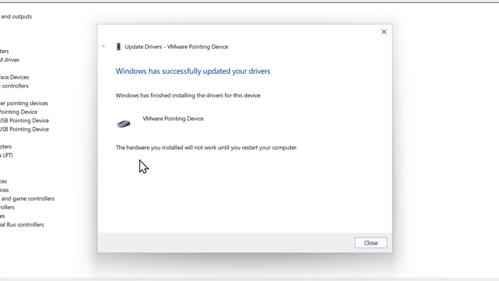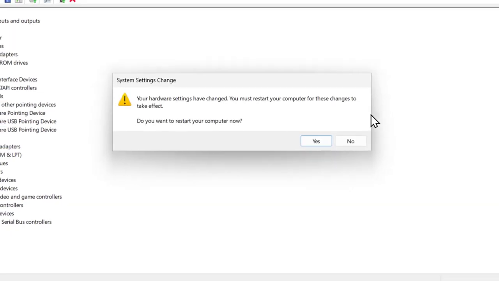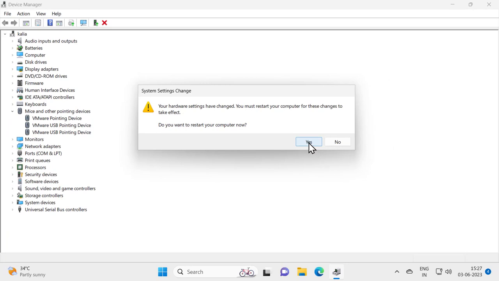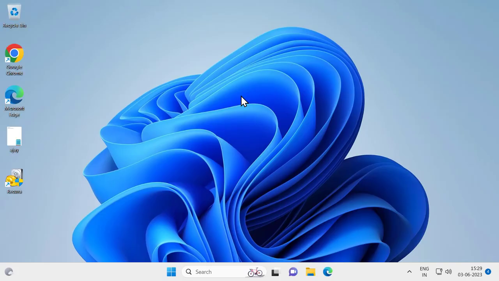The hardware you installed will not work until you restart your computer. You just need to go ahead and restart your PC, guys. Click yes and restart it. After restarting your PC, hopefully that can resolve the problem, but if it does not get resolved, go